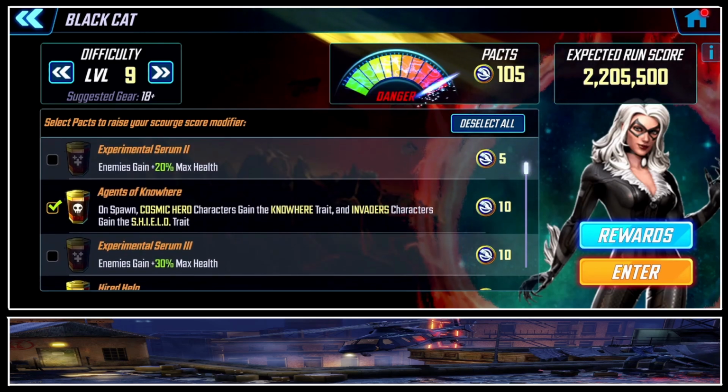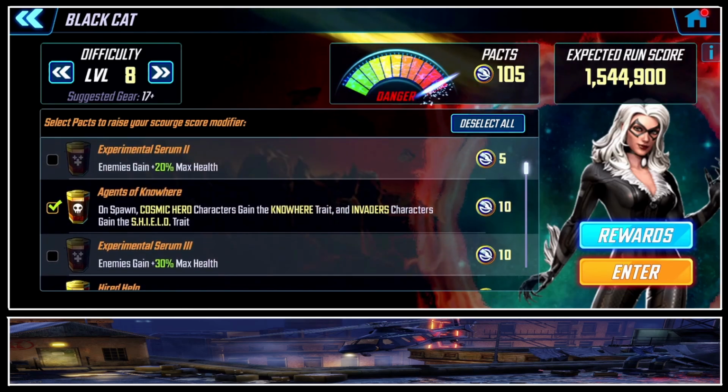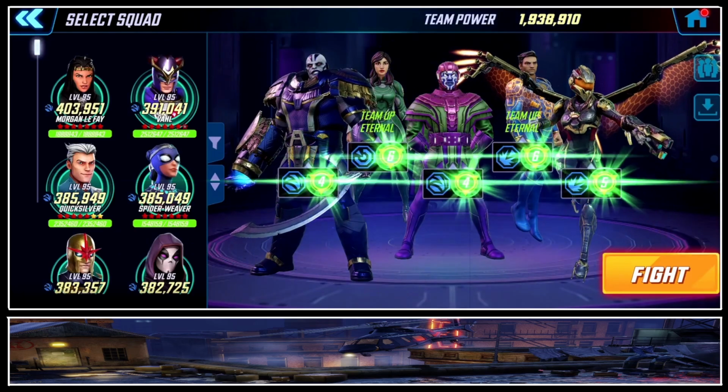So if you can't do difficulty 9, then drop it down to difficulty 8 and still run all of these packs. If you're having a hard time getting through node 10 and it's more beneficial to get the 10th node because you simply cannot do one difficulty higher, unequip Agents of Nowhere and make sure you get that 10th and final node done. All right, so heading to the first node, it's important to note that you do not need